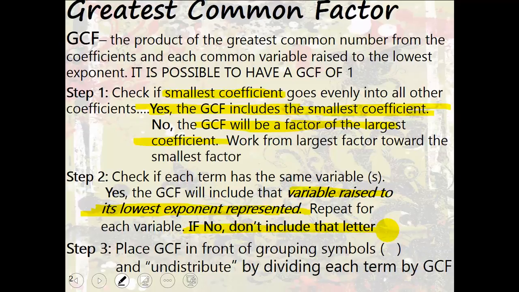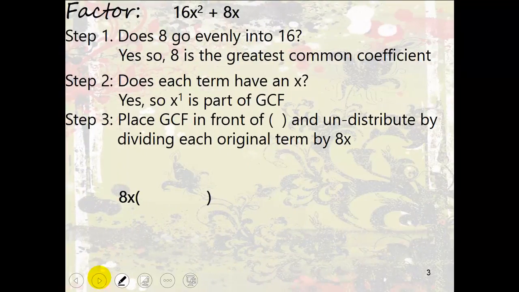Once you have the greatest common factor, you're going to place it in front of a set of parentheses, and then you're going to undistribute by dividing each term by that GCF. So here we go. All right, so my two coefficients are 8 and 16. Does 8 go evenly into 16? Yes, so I know that 8 has to be